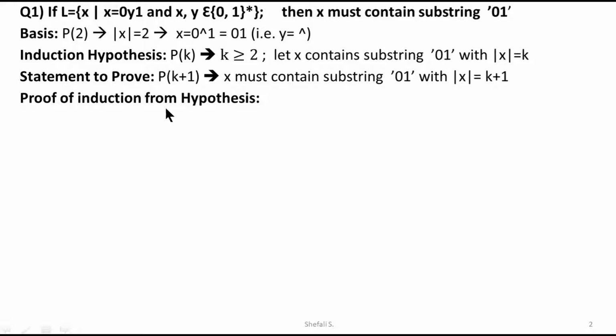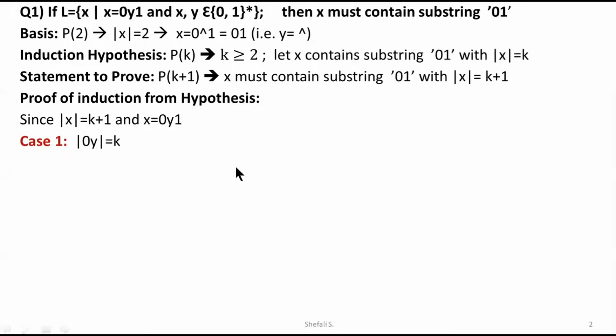So obviously, as our usual practice, we start giving the proof from the hypothesis itself. The hypothesis is defined for the kth step itself. We can say that since we are demanding for x, which is the next step, the iterative step over your induction, whose size is k plus 1, it is of the form 0, y, 1 again.